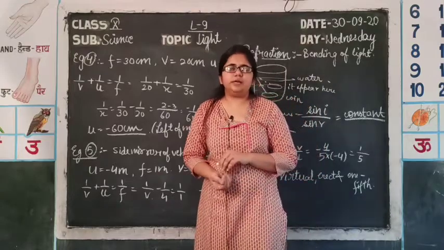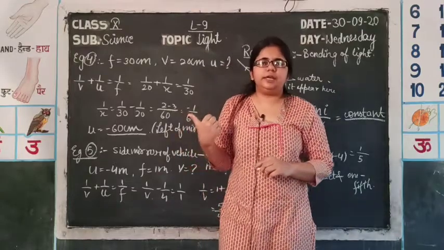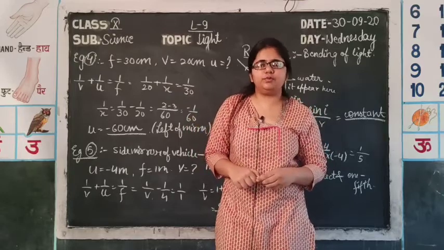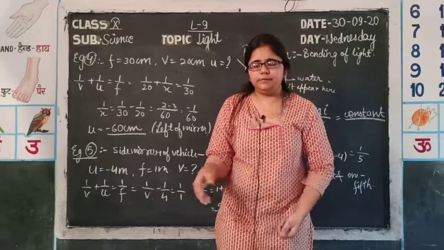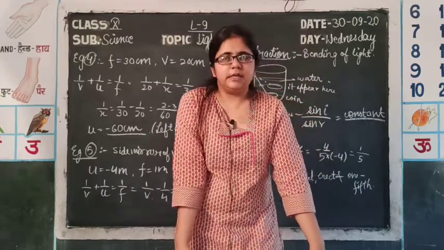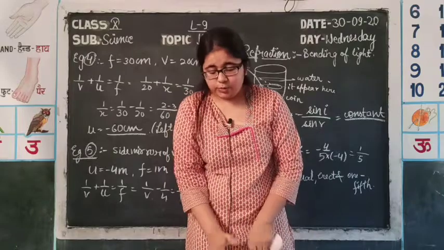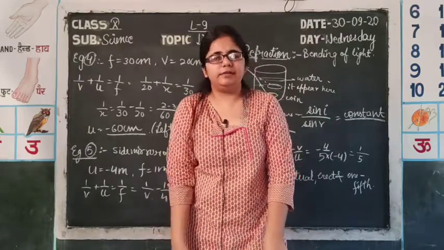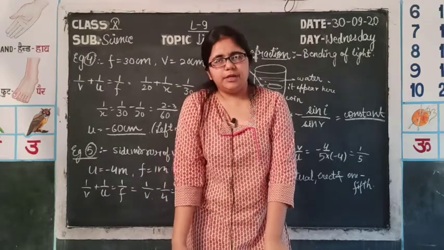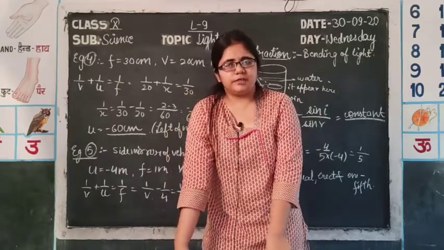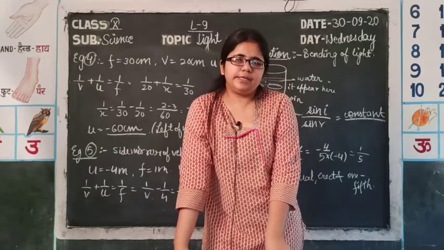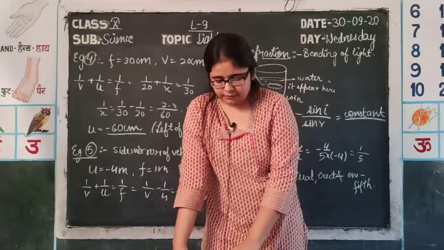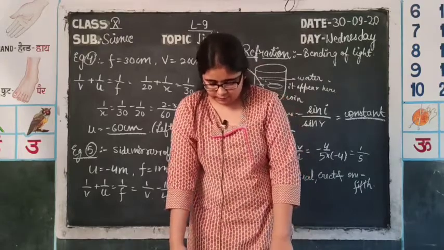So when rays come from the sun, they move from the rarer to the denser medium, and due to this they move towards the normal, and so the refraction phenomenon takes place. There is bending of light. Due to that bending of light, the sun appears at a slightly higher level than its actual position, and due to that apparent position of the sun, we can see sunrise 2 minutes earlier and sunset 2 minutes later. This was a natural phenomenon which you might have observed.